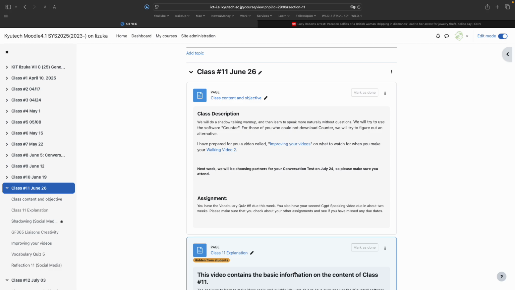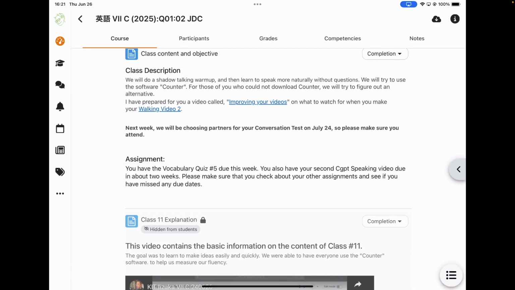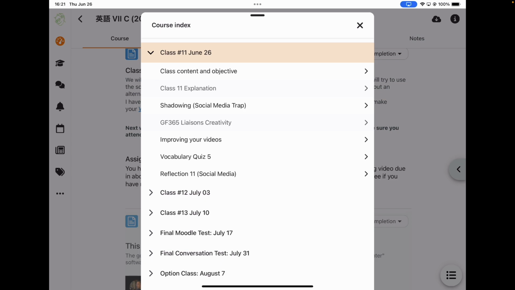Okay, I'm going to switch over to my Moodle on my iPad, and it's a little bit easier to see from here. Okay, we don't have such a heavy workload to do today. We're going to be doing some shadowing. Let's see, and you have a vocabulary quiz and a reflection. So not a lot that you have to do, but let's take a look at what is actually on the